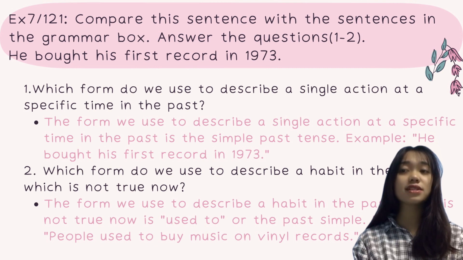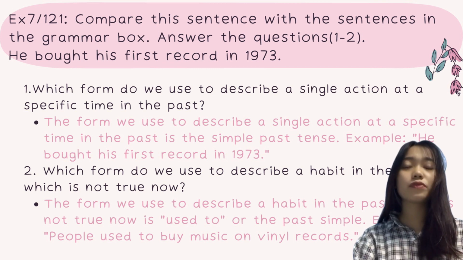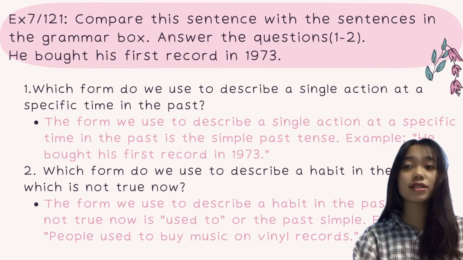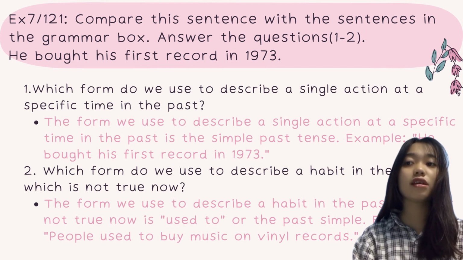Compare this sentence with the sentence in the grammar box. Answer the question. He bought his first record in 1973. Which form do we use to describe a single action at a specific time in the past? The form we use to describe a single action at a specific time in the past is the simple past tense. Example: He bought his first record in